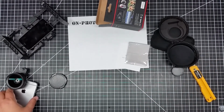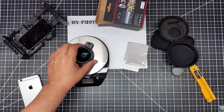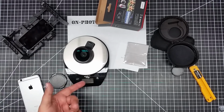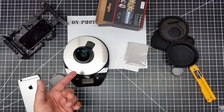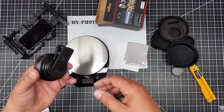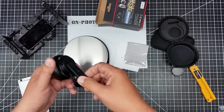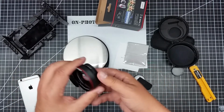How heavy, you ask? Well, let's see. Let's go ahead and weigh this. So this weighs in at 157 grams. So this guy is actually pretty heavy. So as I say, when we put this on the camera itself, you want to be kind of careful because bouncing this guy around